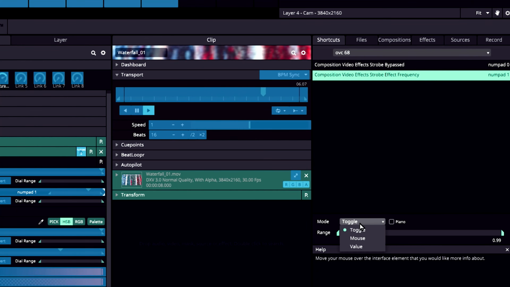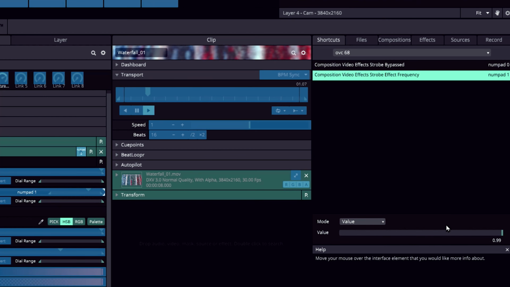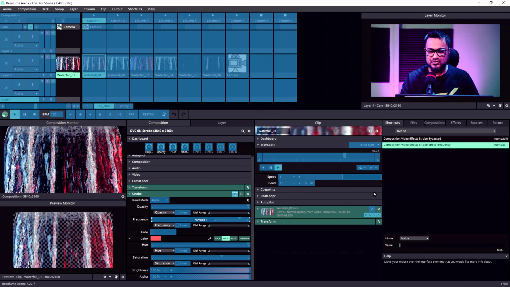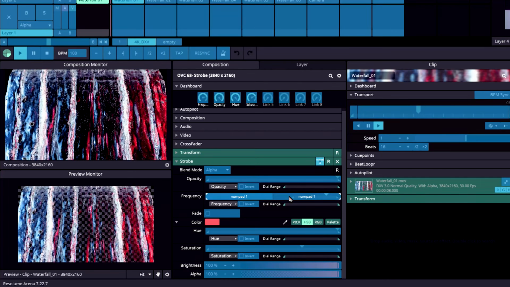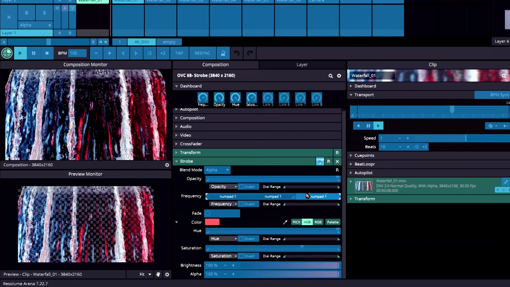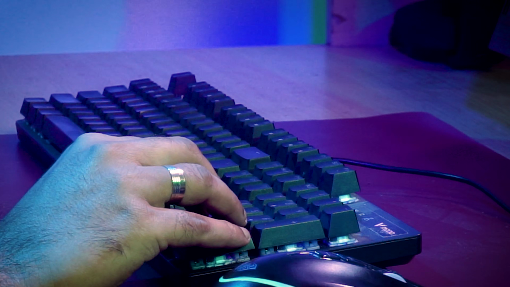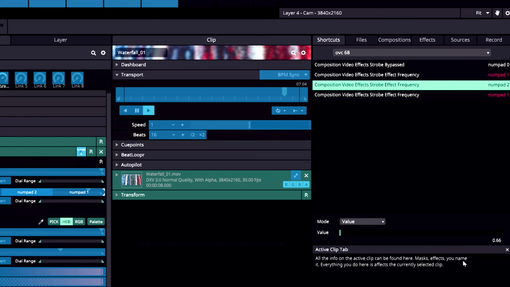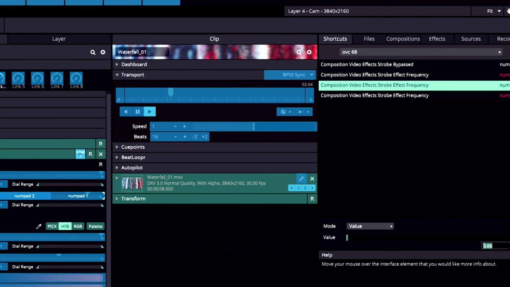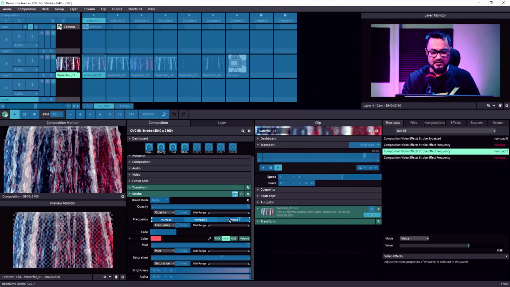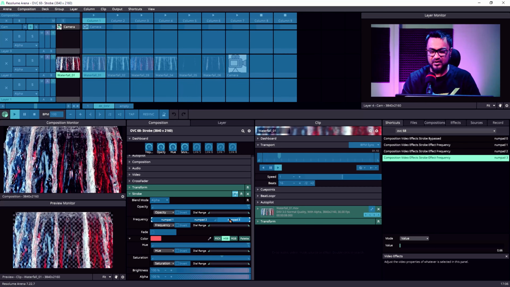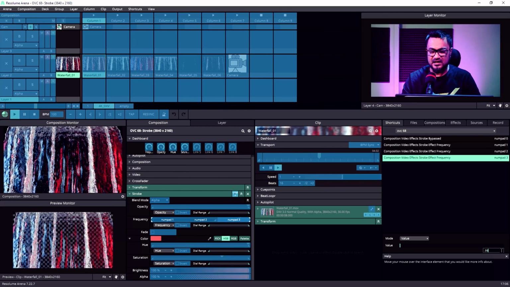So this is going to be a value. What value it's gonna be? So this is going to be 0.66, our slowest value. So I'm going to click right button and duplicate this shortcut once and this shortcut twice. So now on the second one, I'm going to change the mapping to num2 and I'm going to change the value to, let's say, in between 0.88 somewhere. And the third one would be num3. This one I want 0.99.